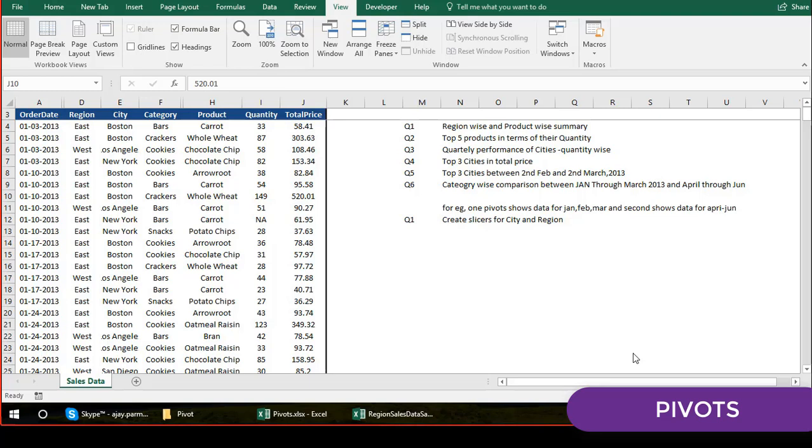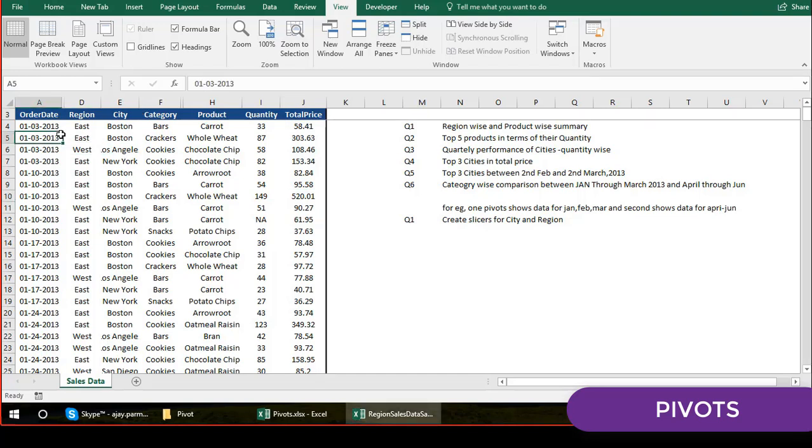You make the summary. Want to make the summary reports, or maybe you want to give a sort of tool which, if somebody wants to, by just going to the drop down options, by just going to the filter options, if somebody wants to see the performance, maybe date on date, year on year, quarterly, or maybe some region wise, city wise, as you can see in this screen, so they can do that very easily.